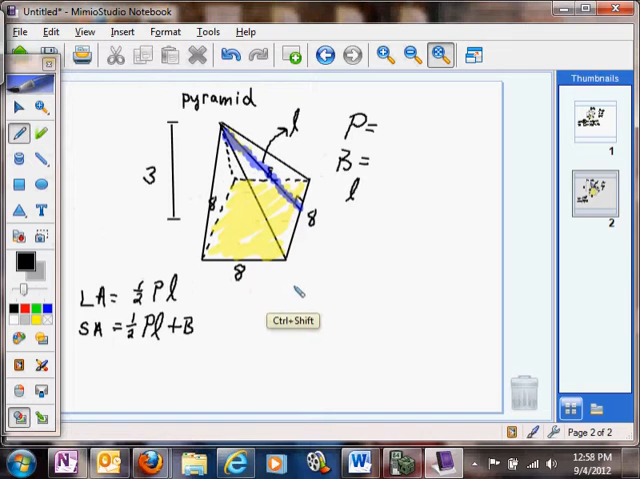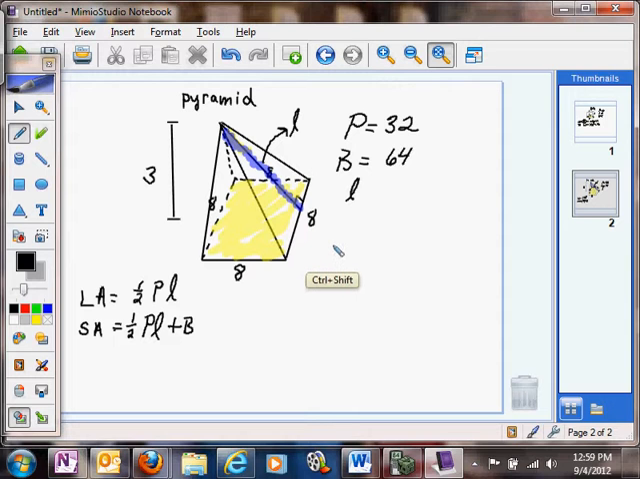Okay? So let's get started finding big P. Big P is the perimeter of the base, so add all sides: 8 plus 8 plus 8 plus 8, or 8 times 4 is 32. You could use your calculator for that. Big B is the area of the base. It's a square, so the area is length times width. 8 times 8 is 64. And now we need to find